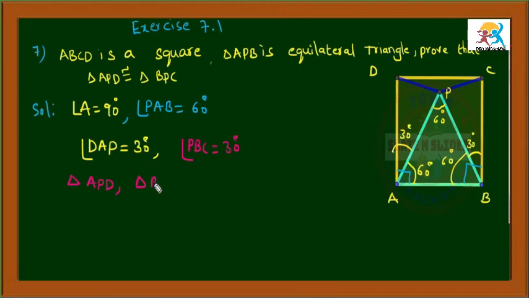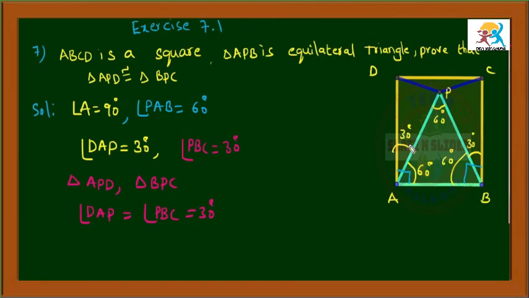In these two triangles, what are equal? We will write first. Angle DAP is 30 degrees and angle PBC also 30 degrees. So the two angles are equal,